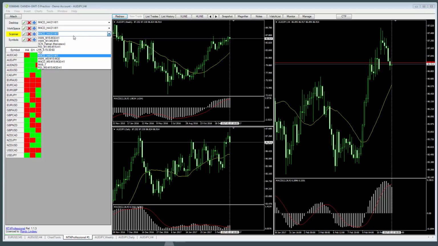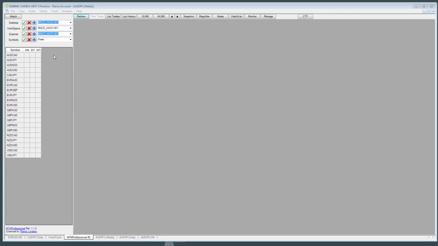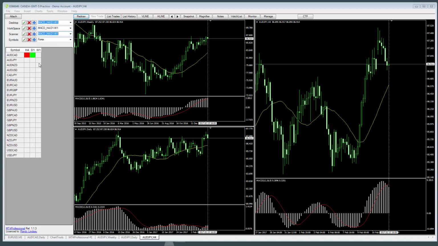So all I have to do is just reload that scanner. And now the window is resized. I have a lot more workspace for my charts, and everything is set up. And say that I want even more real estate. Well, I can